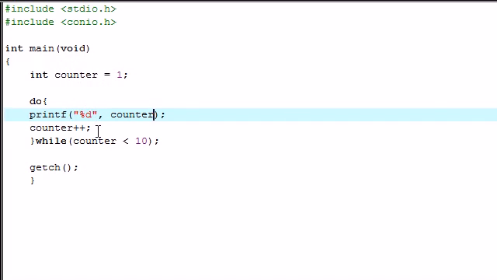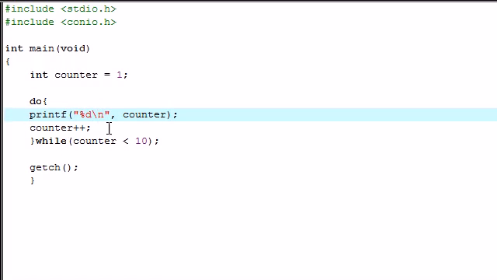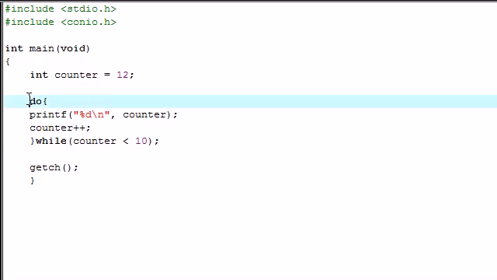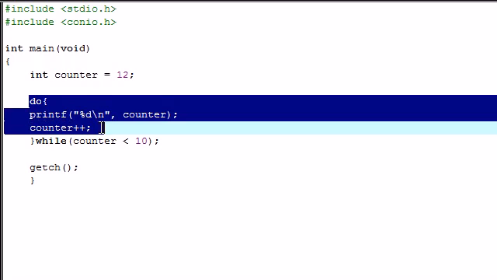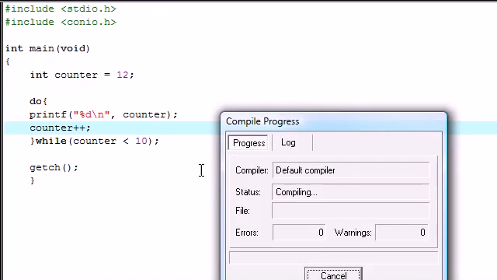And if you're saying, alright, this is pretty much the same thing as a while loop, well, you're right and you're kinda wrong. In this case it does the exact same thing, but I want to show you guys the main difference of a do while loop. Say the counter is 12, which is greater than 10. So if we had just a while loop with this test condition, it wouldn't run at all. But since we have a do while loop, it's going to do this at least once, and then it's going to check the test right here, and it says, alright, this test is false, so I'm not doing this anymore. So let's go ahead, compile, and run this right here,